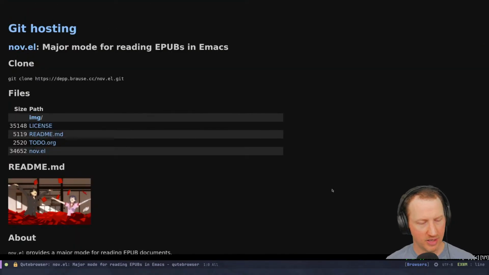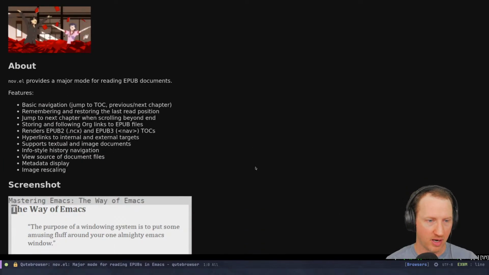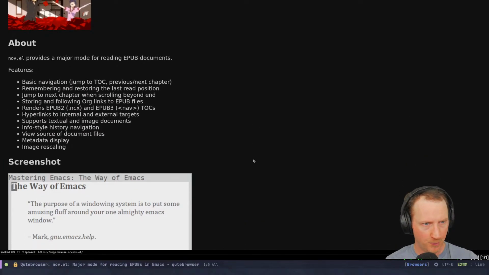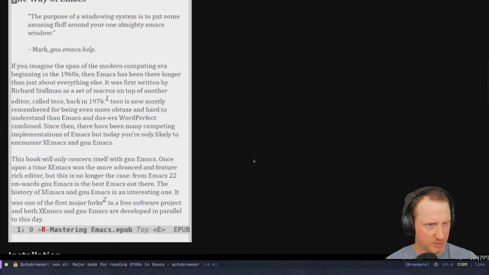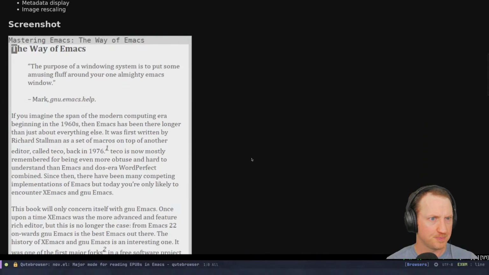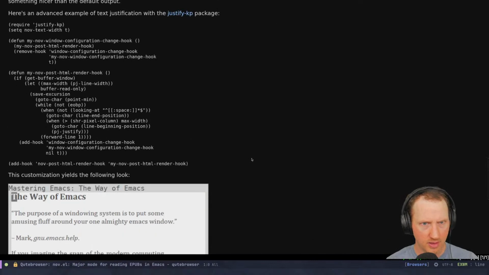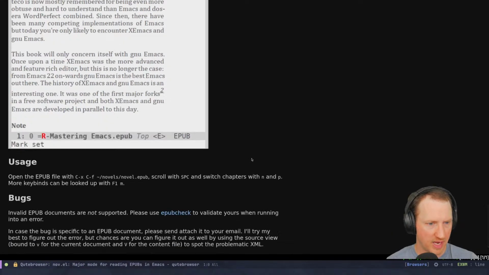I think my plan is whenever I make any books, which I'm intending to do at some point soon, whenever I finally make time for it, to make it so that it is readable in Emacs. So I guess EPUB format could be great for that, or even info format itself would be great for that. But if all you have is EPUB, then this could be good. I don't have an EPUB around, but I'm guessing this is, oh, that's Mastering Emacs. So you can obviously read Mastering Emacs inside of Emacs. I have that book, but I don't have it handy.